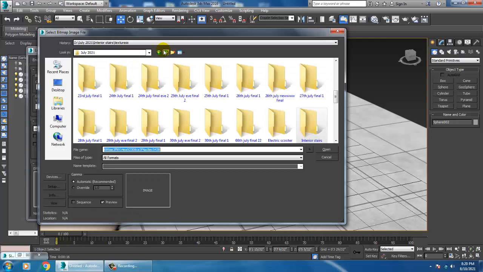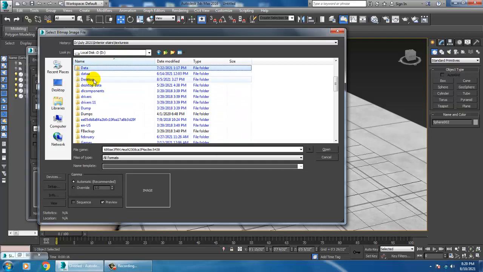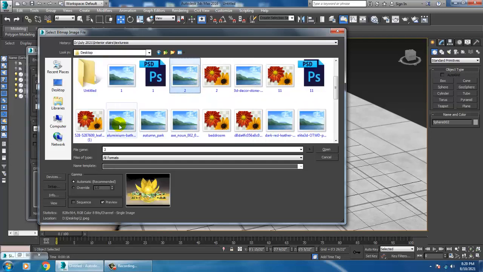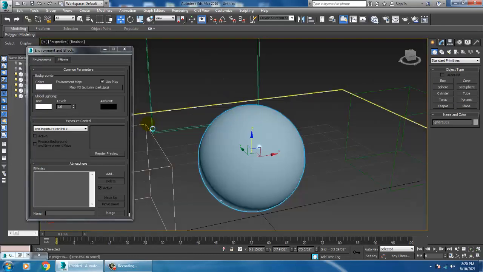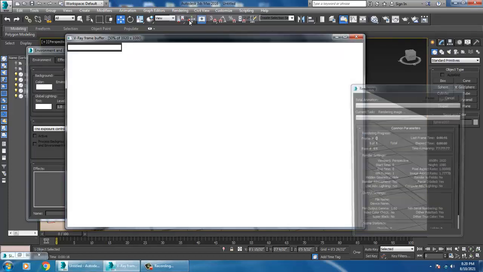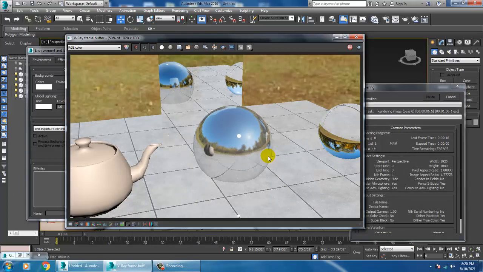I'll be slightly adding a bitmap. You can also use HDRI also, and let's render and see how it looks like. Can you see this? So you get some refractive properties with this.